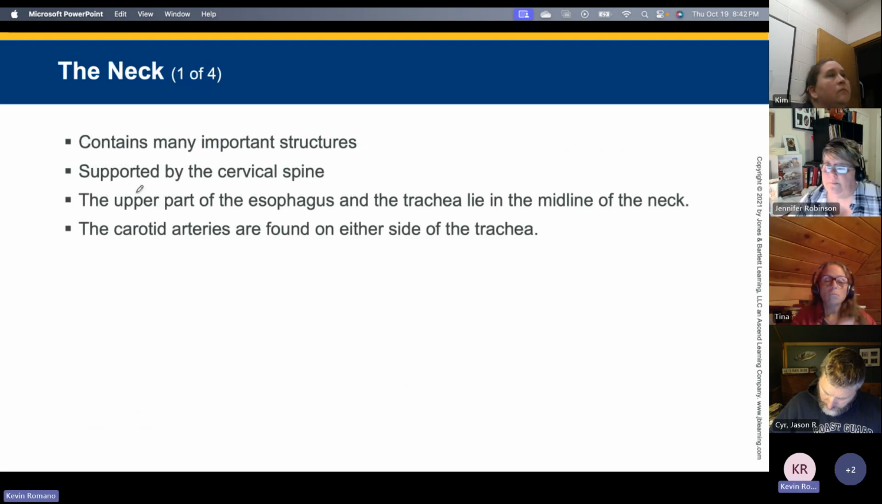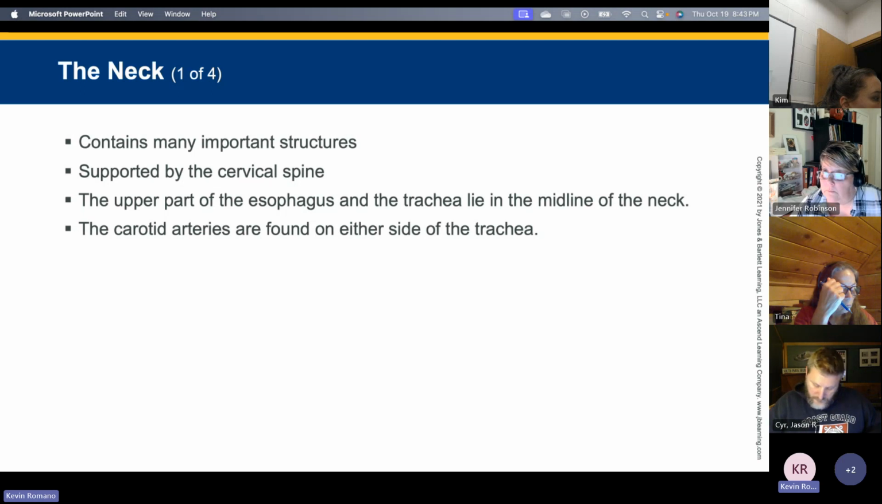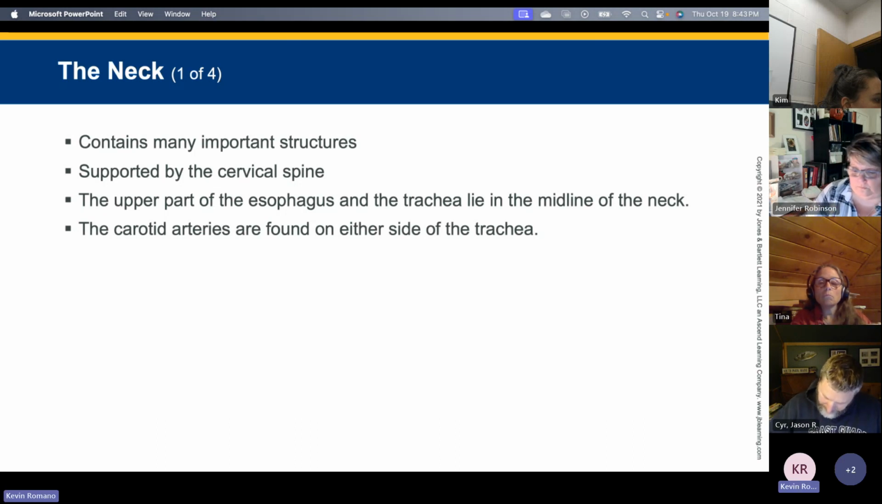So the neck contains many important structures supported by the cervical spine. The first 7 vertebrae in the column are C1 through C7. Remember that C1 is considered the atlas and the axis is C2. The spinal cord exits from the foramen magnum, which is the big hole. Foramen being a hole, magnum being the largest hole there, and it lies within the spinal canal formed by the vertebrae. The upper part of the esophagus and the trachea lie in the midline in the neck,